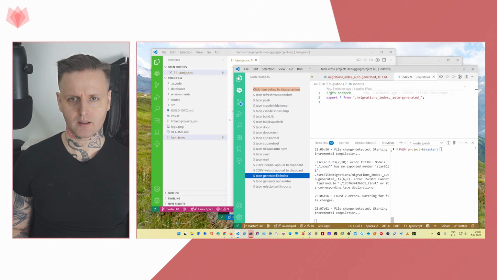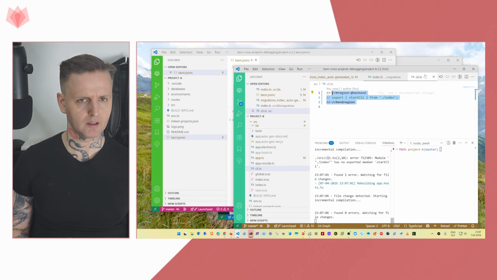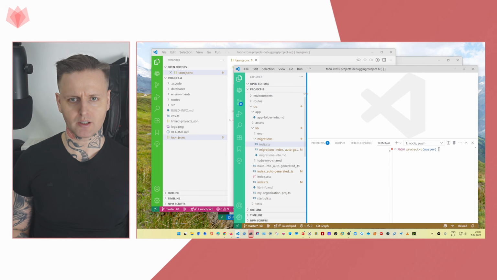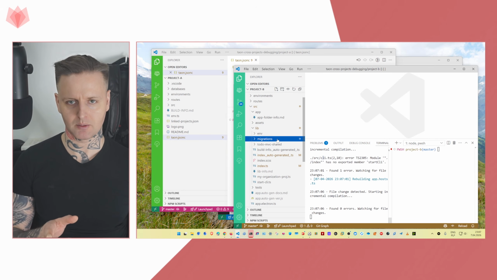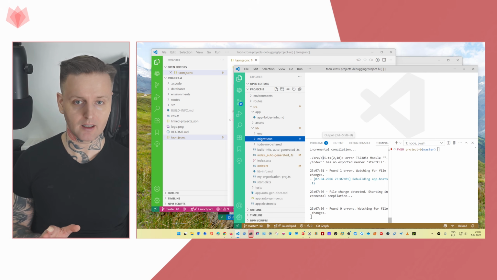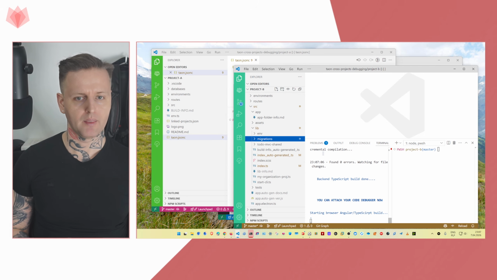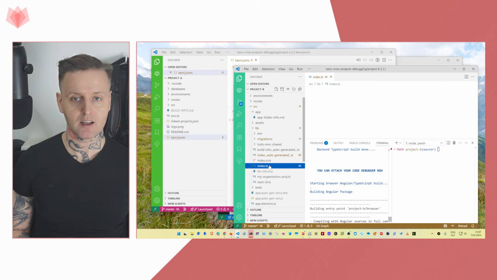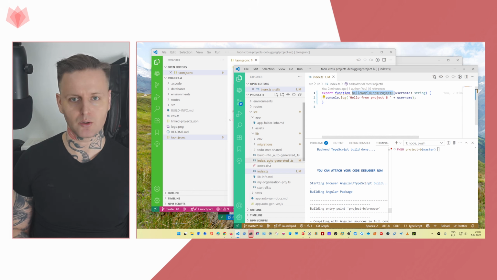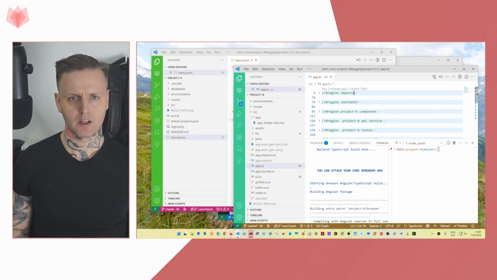I can update the index here to get rid of the error, and we don't need that in our project. I've got an alt template, that's why Taon is showing this error, but the build is done. Now in project B, we can attach the debugger and debug our code. So let's use hello world from project B inside our app, which is the main entry point for